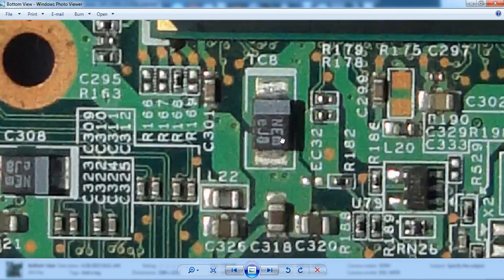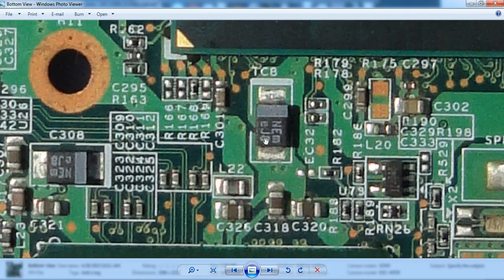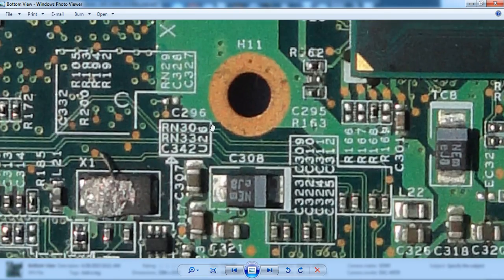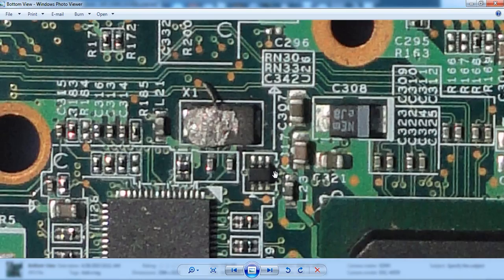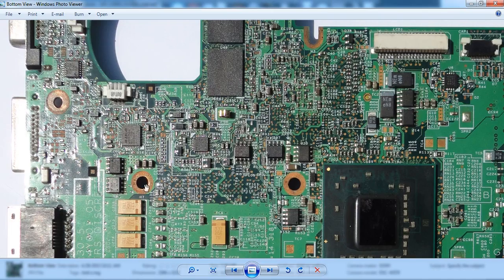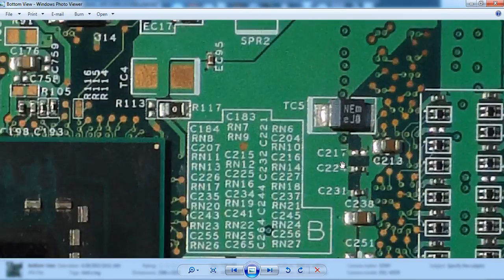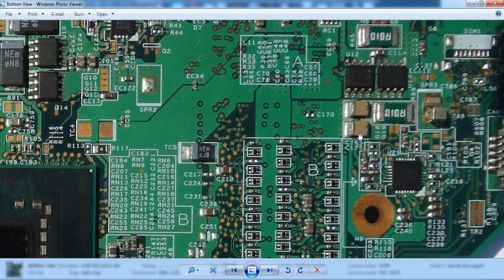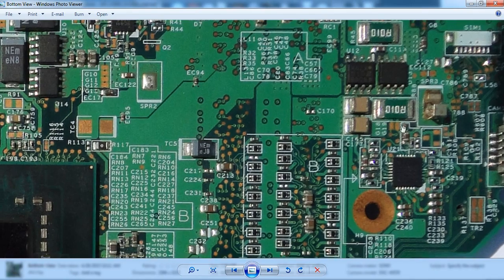This is the electrolyte capacitor. Okay, this is the electrolyte capacitor. This contains polarity, positive and negative polarity. If you fix the reverse polarity, then the capacitor will be damaged immediately when you power on the computer. So the polarity is very important for electrolyte capacitors. Okay, yeah, these are all the electrolyte capacitors. This is the electrolyte capacitor, and this is a ceramic capacitor. These are all the resistors.